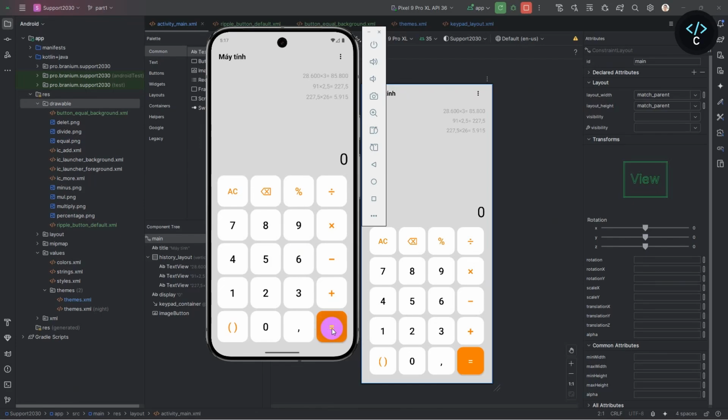How to customize individual style for a button in Android when all of them have been set up with common style in themes.xml file. Please watch the video, I will guide you in detail. Now, I want to make the equal sign button orange instead of white and also have a ripple effect when